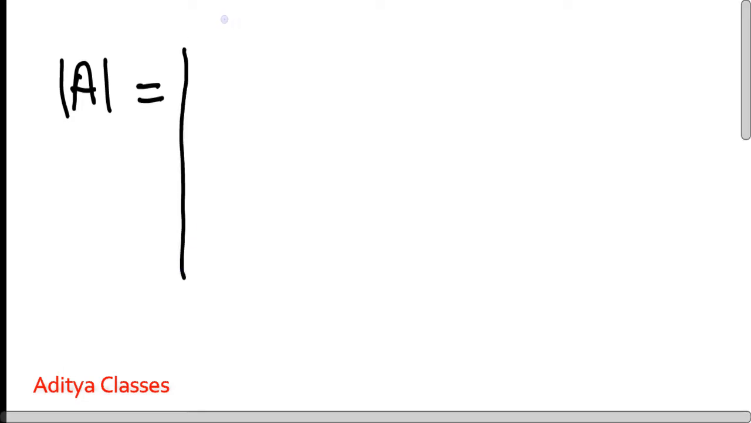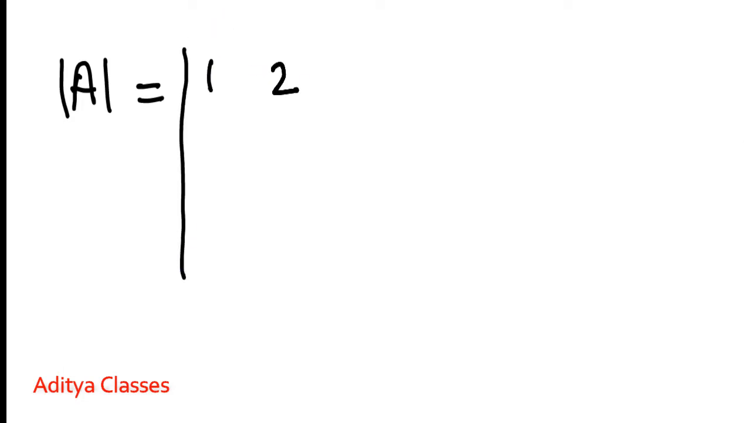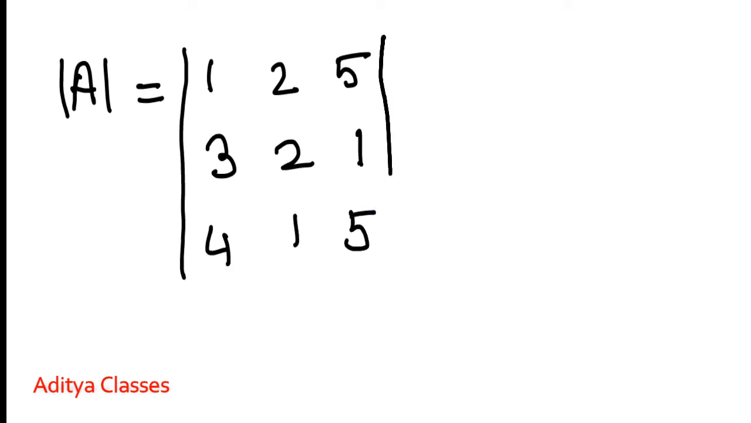Let us again make a very small, very easy determinant of, let's say, 1, 2, 5, 3, 2 and 1, 4, 1 and 5. Now, what have we done? We have taken a determinant of size 3. Next, always,